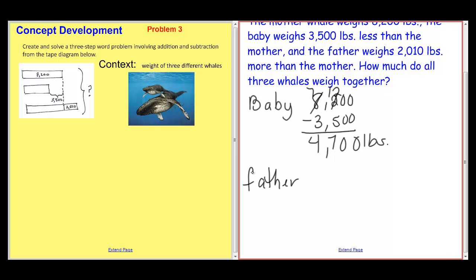The father weighs more than the mother. So this time, instead of subtracting, I'm going to add. It weighs 2,010 pounds more. So I'm going to add. So the father weighs